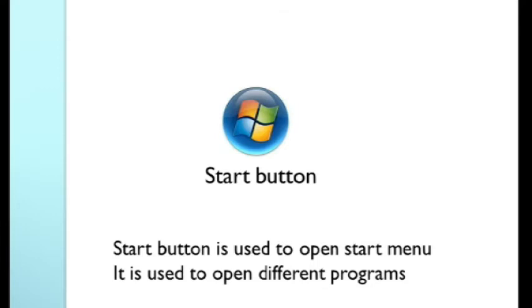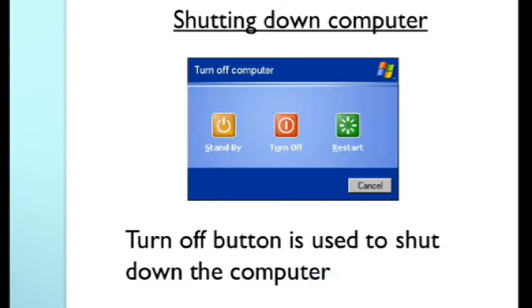Clear? And we can shut down the computer by selecting the turn off computer option from the start menu. When we click the start button, a pop-up menu will appear. From that list we can choose the shut down or turn off computer option.